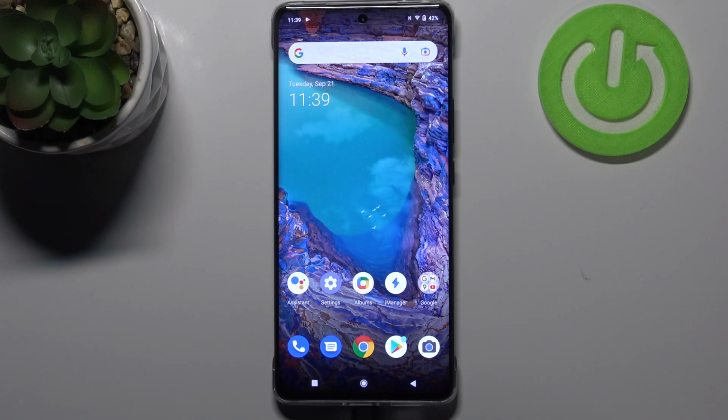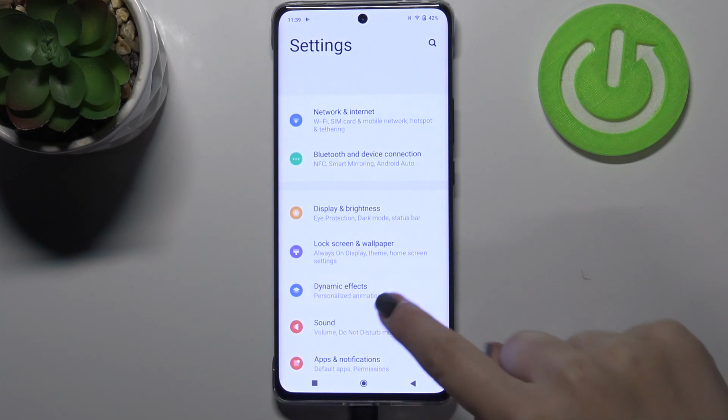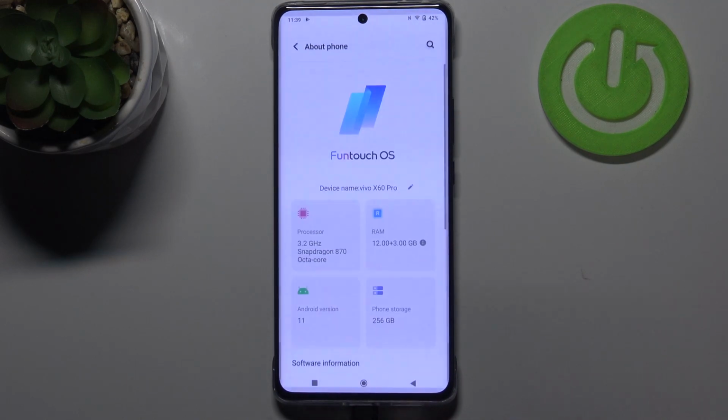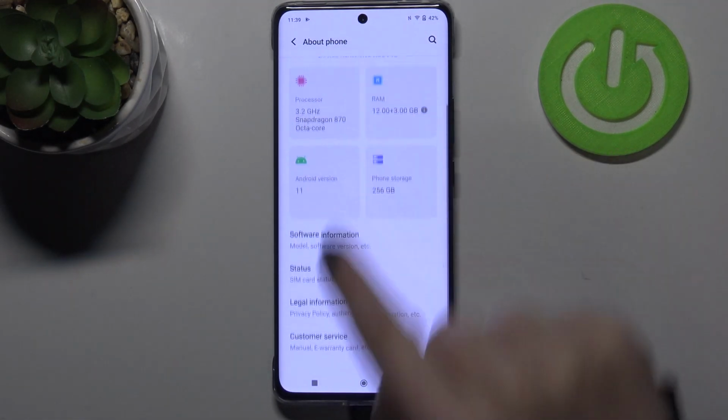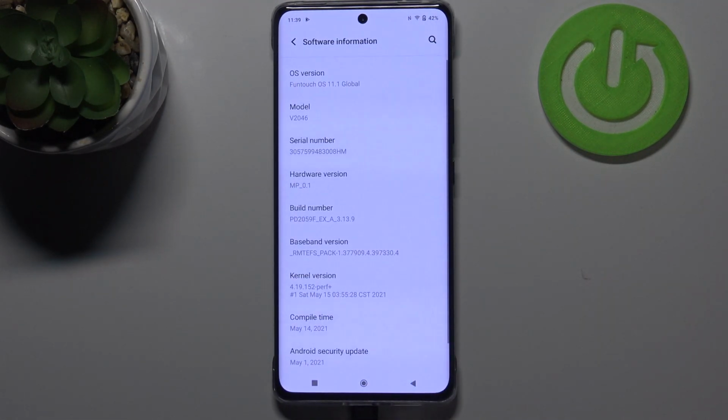Hi everyone, in front of me I've got VIVO X60 Pro, and let me share with you how to enable developer options on this device. So first of all, we have to enter the settings, and now let's scroll down to the very bottom and tap About Phone. Now we have to scroll down again and tap on Software Information, because here we are looking